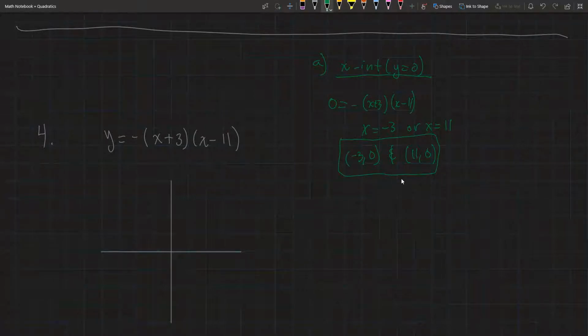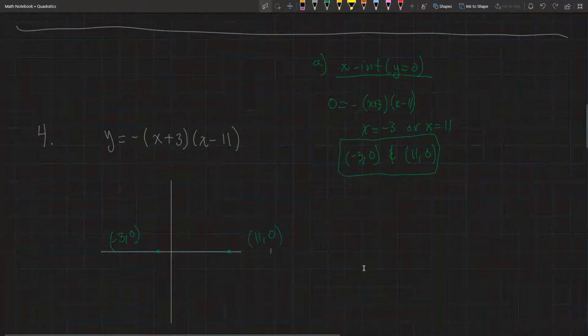If -3 is somewhere here, let me label that here a little bit larger. -3, 0 is right there. And the other point is 11. Oh, I think I want to do it here. 11, 0. By plotting those 2 points,